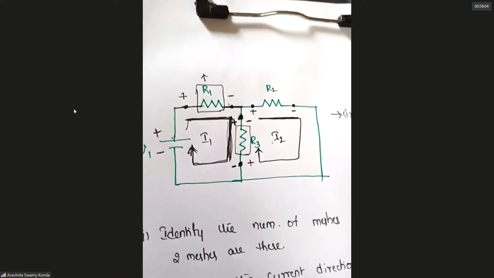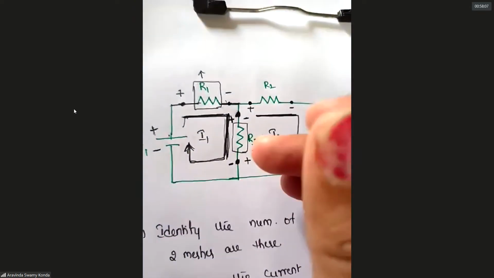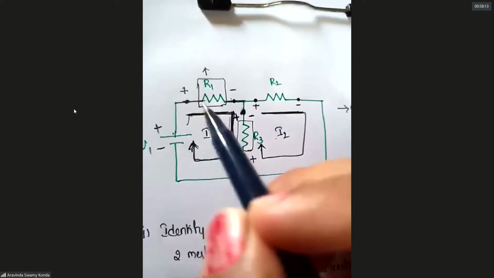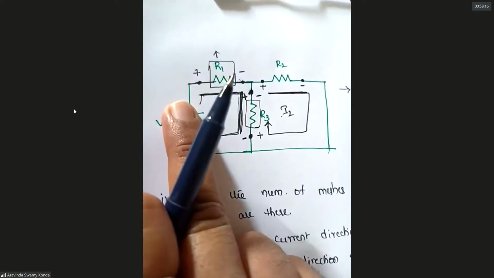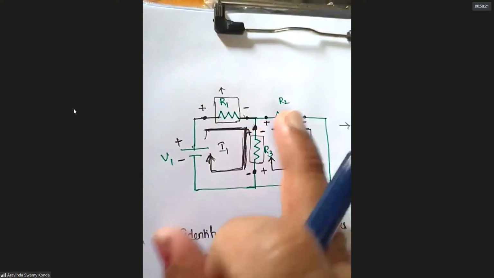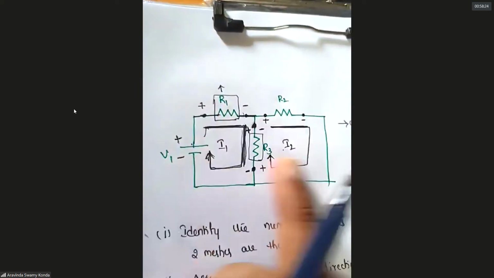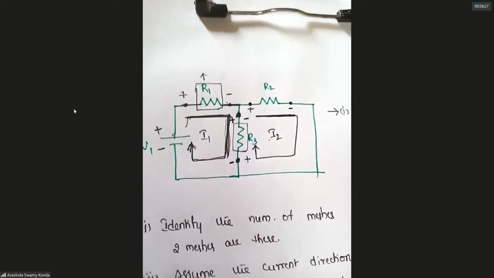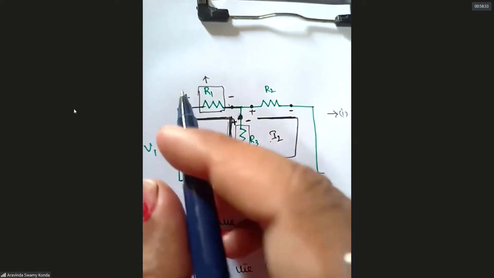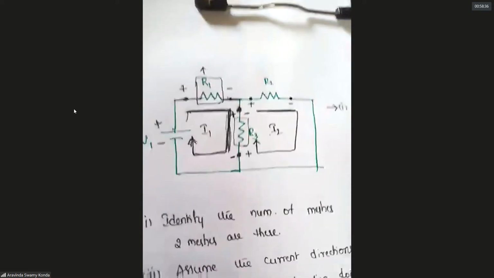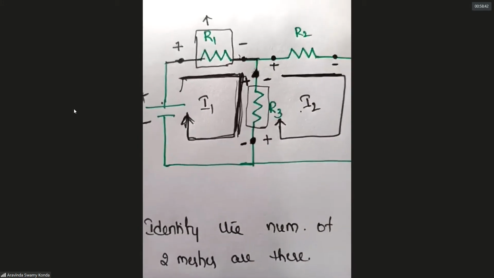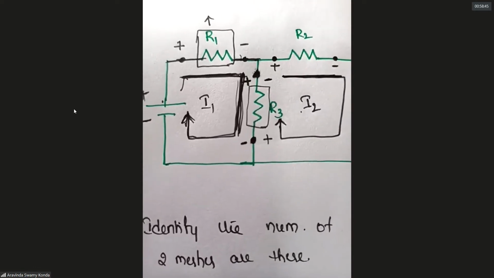Is it clear? If you want to apply KVL, the sum of the voltages in a closed loop is equal to 0. Sir, here only one V1 is there, so this voltage equals 0. If the voltage equals 0, is any work going on here? Why do you give the voltage here? To drop across these and do work. If the voltage given here is 0, is any work going on here? No. V1 is not 0. The point is that the summation of all the voltages is equal to 0. That is, the voltages and voltage drops in a closed loop equal 0. Am I clear?